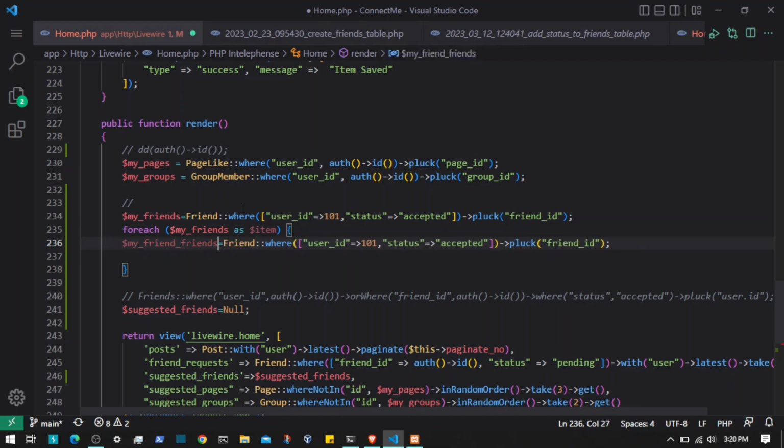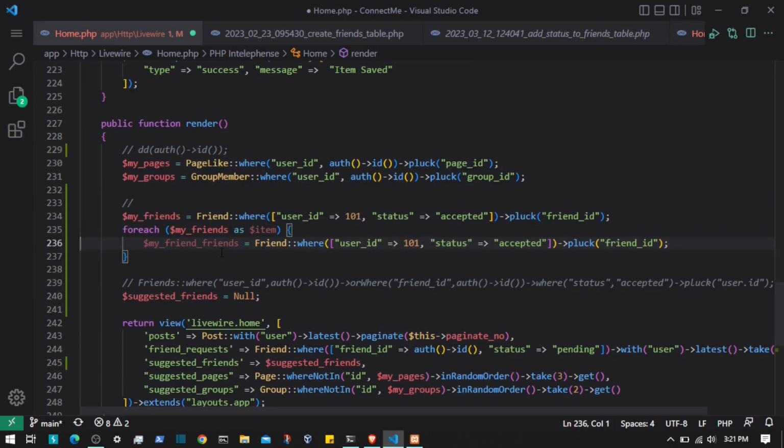So now by using this I can find out the mutual friends: the users that are this user's friends and not my friends are mutual to me. So what I can do is, I'm gonna store that, but